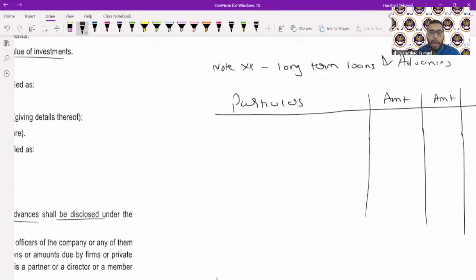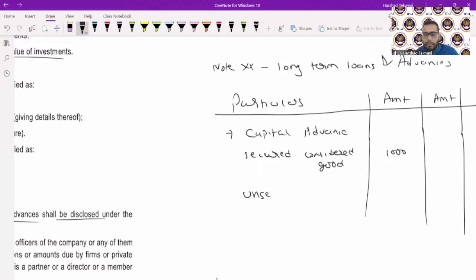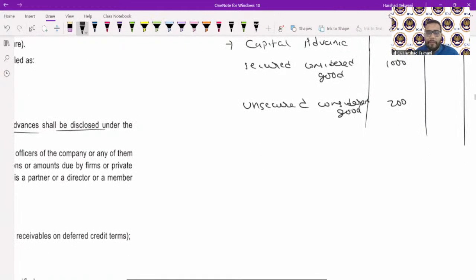Now, how am I supposed to disclose this? First of all, I need to provide it category-wise. Capital advance. Again, when I say capital advance, I need to provide whether it's secured, considered good, let's say 100 rupees or 1000 rupees, then unsecured, considered good, let's say 200 rupees. Then I might have